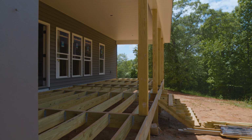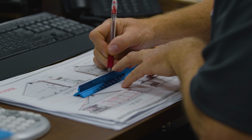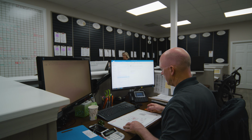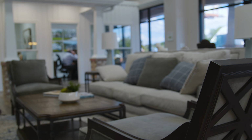So when they first are dreaming of building a new home, you have to transfer that to paper. That's the fun part of building a home from scratch, is you're able to go in and customize everything from your colors to exactly what you want. I think that people come in and they're investing in their dream home. Behind the scenes, we're constantly tweaking things to try to make everything a smooth process to deliver a great product